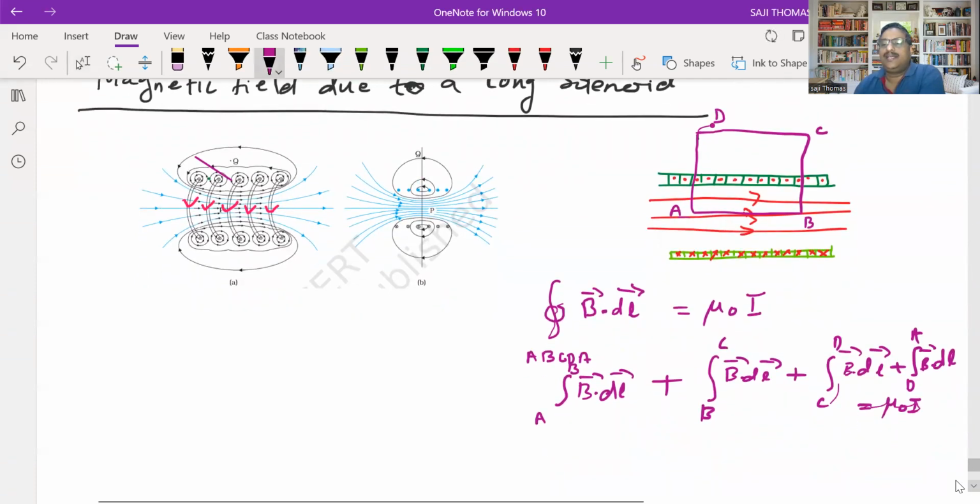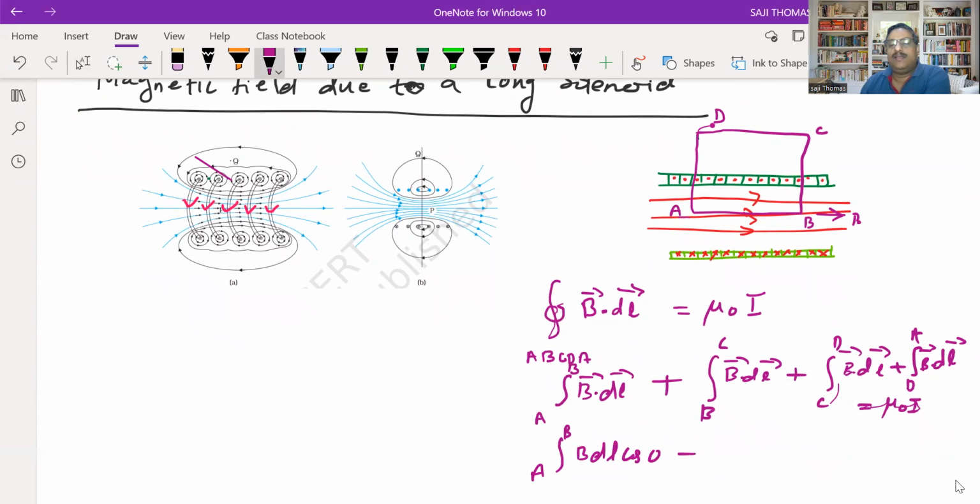Now you can see that along the length AB, the magnetic field is parallel to the axis direction. Length AB is also parallel, so theta will be 0 here, and cos 0 applies. So you can write integral A to B, B dl cos 0, plus integral B to C, B dl. Over the portion BC, the magnetic field is towards this side, but the length is perpendicular to that, theta 90 degrees. So B dl cos 90